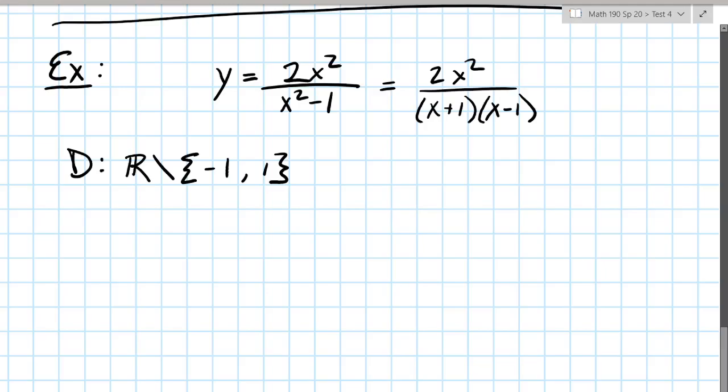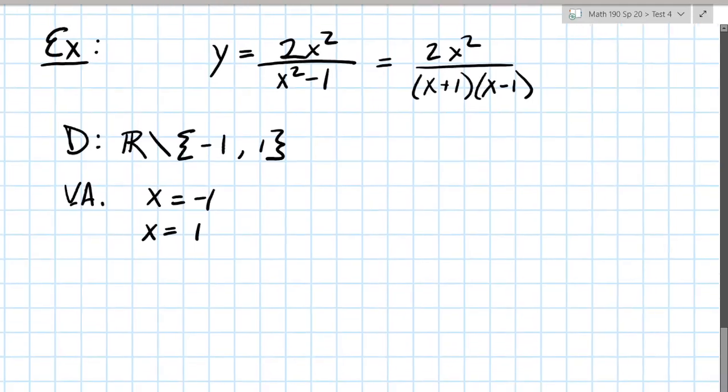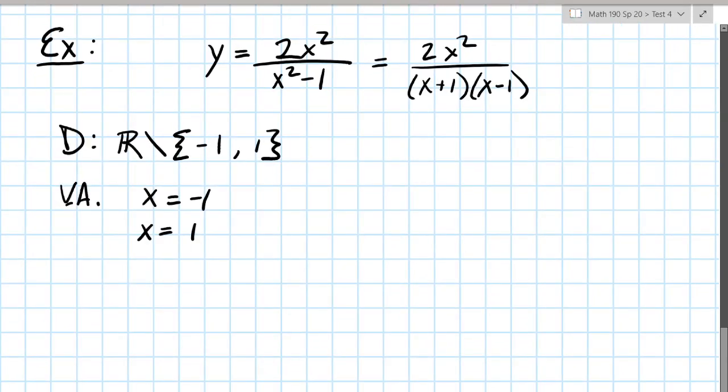And what that means is we have vertical asymptotes at x equals -1 and x equals +1, since the fraction is undefined where the denominator is 0 at plus or minus 1. So we have our domain. Next, we can take a look at any